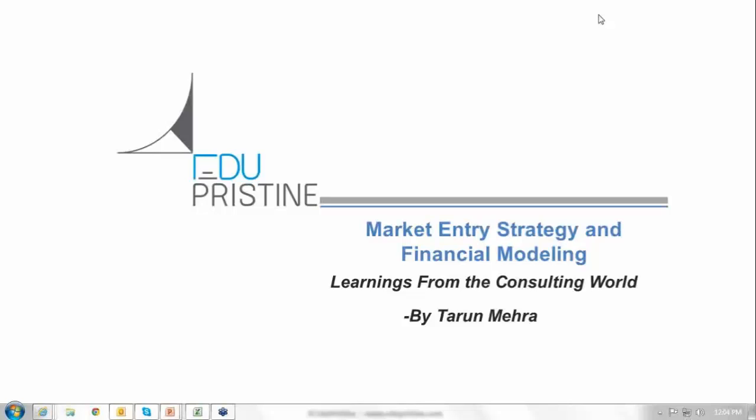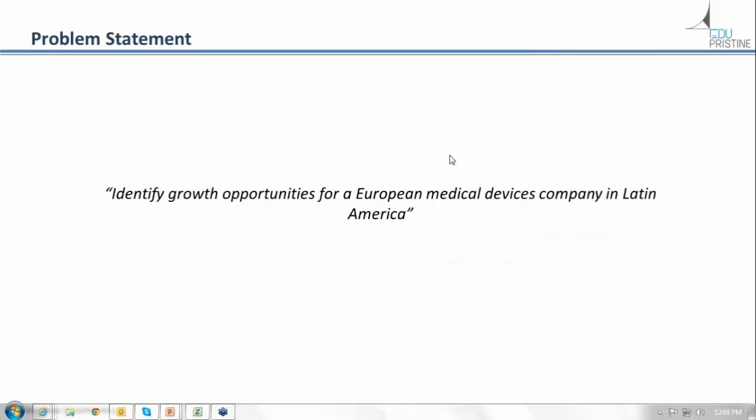What we're trying to do here is, financial modeling in general has so many different applications in industries and business issues that what I thought I would do is take one particular example of an industry and business issue and talk more about it and share how financial modeling actually fits into that. So if you move on to the second page, here is an example, and this is a very typical consulting business problem